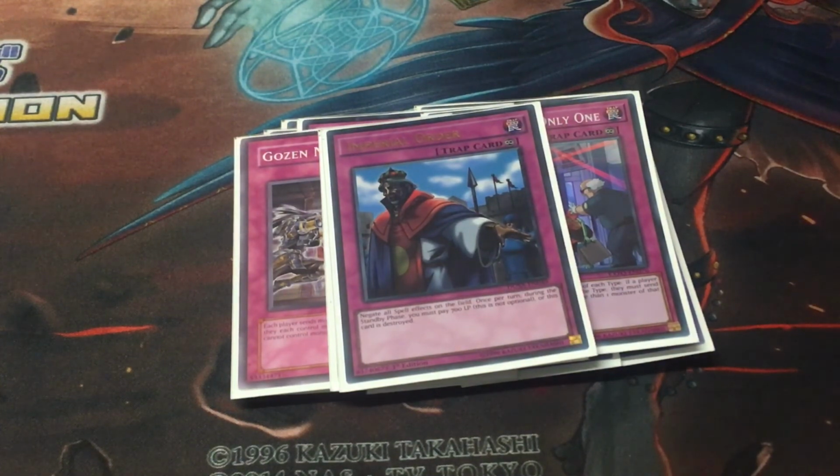Twin Twisters? Heavy Storm Duster. The thing with Twin Twisters, you need quite a few combo pieces to really get going, and the discard. Can't afford to lose the hand. Yeah, sometimes the discard's fine, but other times it can be a bit crucial, especially when you've got Demise and stuff in your hand. If you're setting the Twin Twisters,